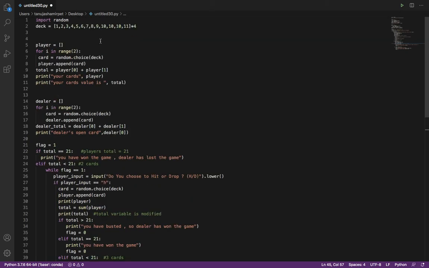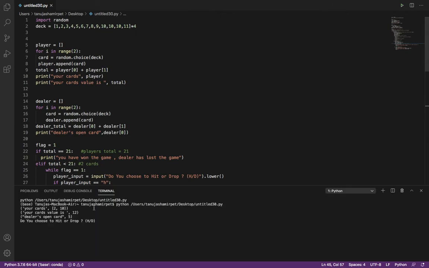So this is blackjack. I'm going to execute it for you. So your cards, player cards are 2 and 10. Our card value is 1, 2, and the dealer card is 5. I'm choosing to hit because I want to reach 21, or else if it is more,